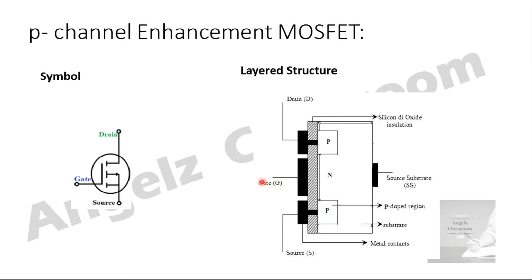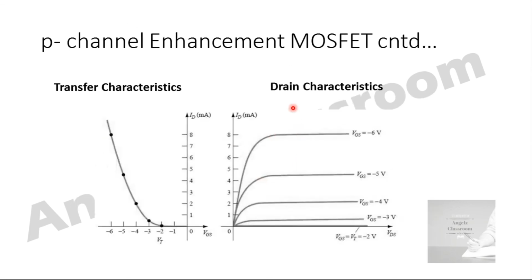And this is your drain characteristics. Here VGS negative values are increased, and here also only after VGS is equal to VT will you get a minimum level of drain current. When I extend this and draw the transfer characteristics, it will be drawn on the negative side of the graph, which means you will have a negative VGS gate source voltage. Only after -2 volts, that is your threshold voltage, does your curve start to increase. So this is all about the drain characteristics and transfer characteristics.